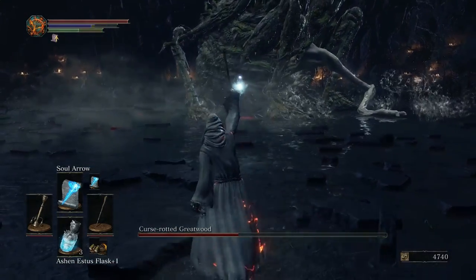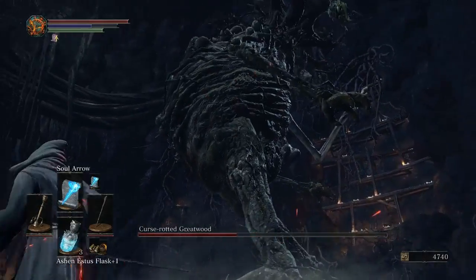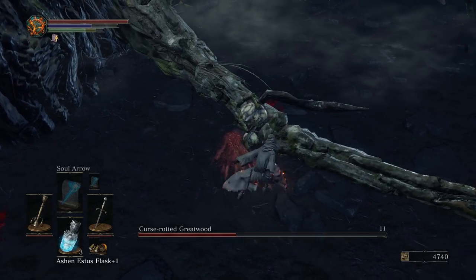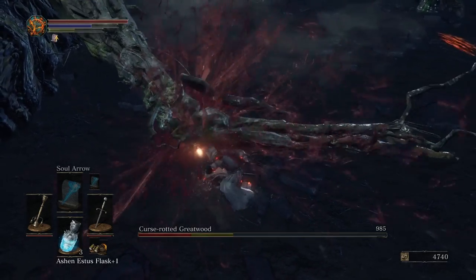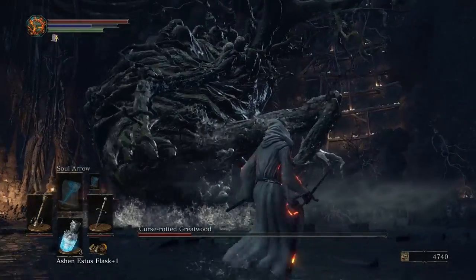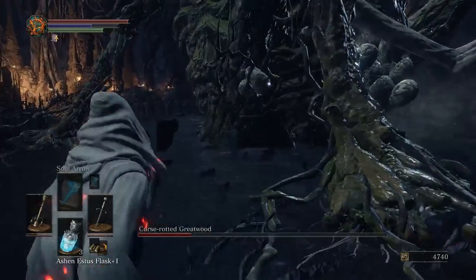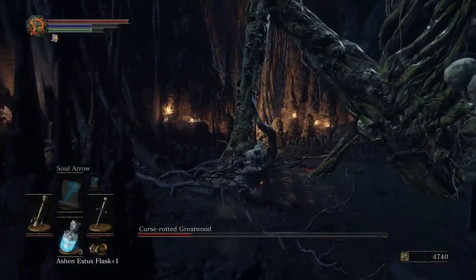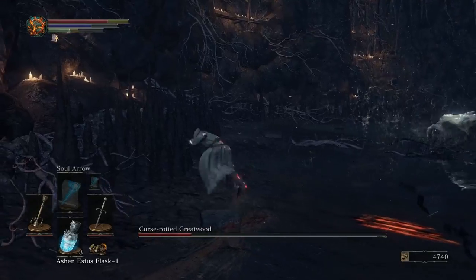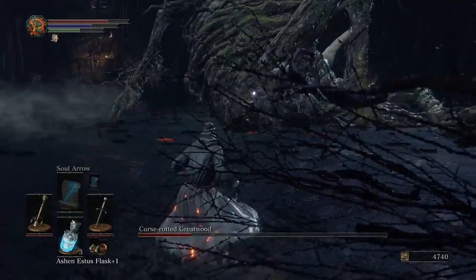At this point, I would suggest baiting the stand-up move. I don't know what that move is called, but it's the one where it stands up like this, and you then run around to the side of its body, try to find a bubble or some other opening, and then attack it. And just repeat that process until the boss is dead. It could be a little difficult to get an opening. Now, there are bubbles in the middle of its body that you can attack,